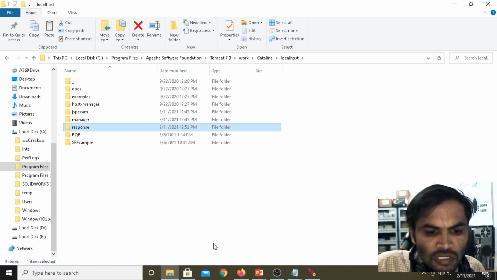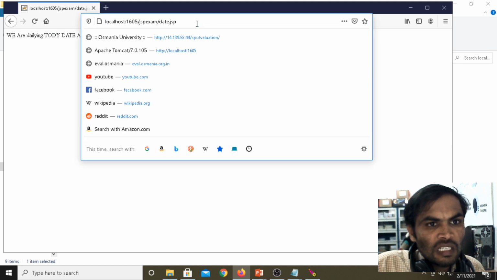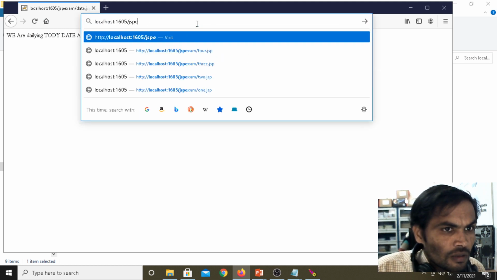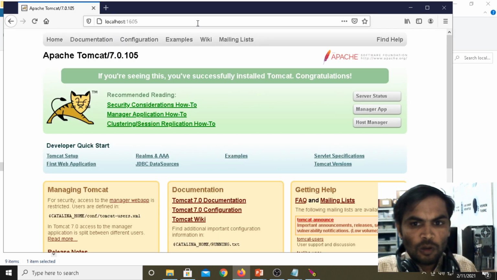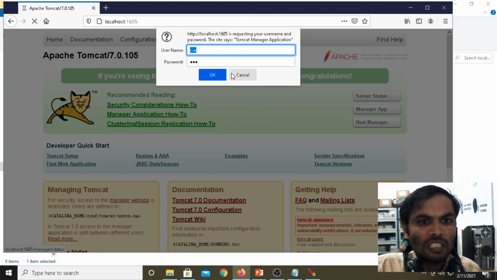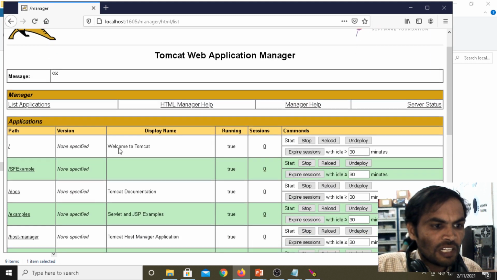Now if you want to see under the browser, now I am opening the browser main page. This is the browser main page. Under the browser main page, if you want to see the server status, we are going to the application.